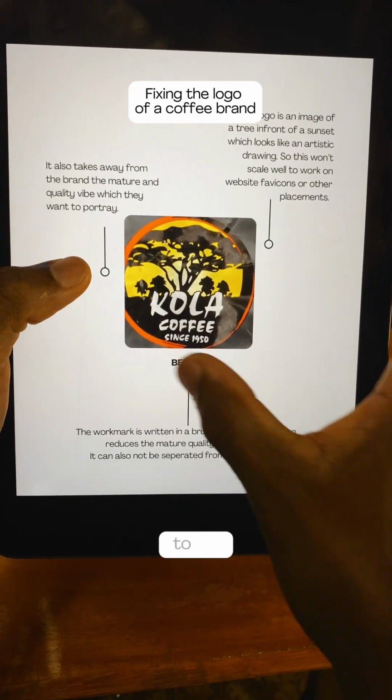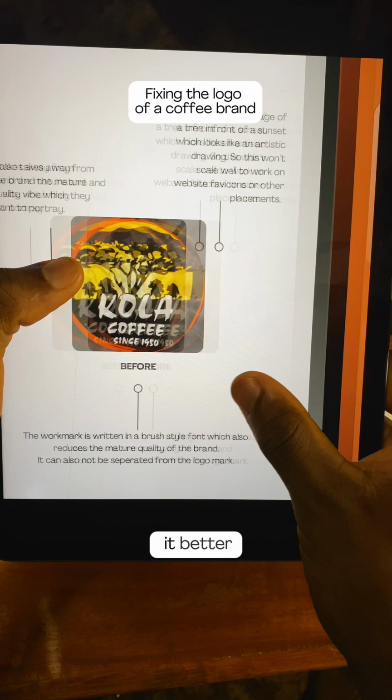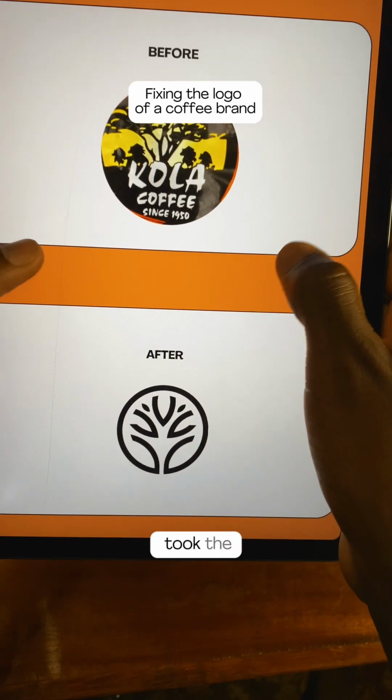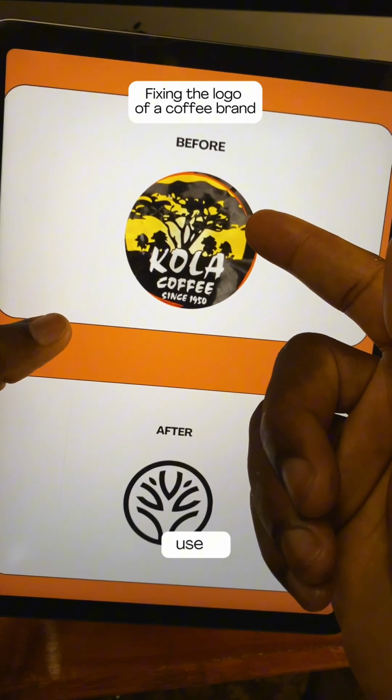So we'll try to use the same elements that they have here but make it better. So you can see the before, you can see the after. What we did was we just took the tree. So when you go on the website, you see that the tree here that they use in the logo, it makes sense